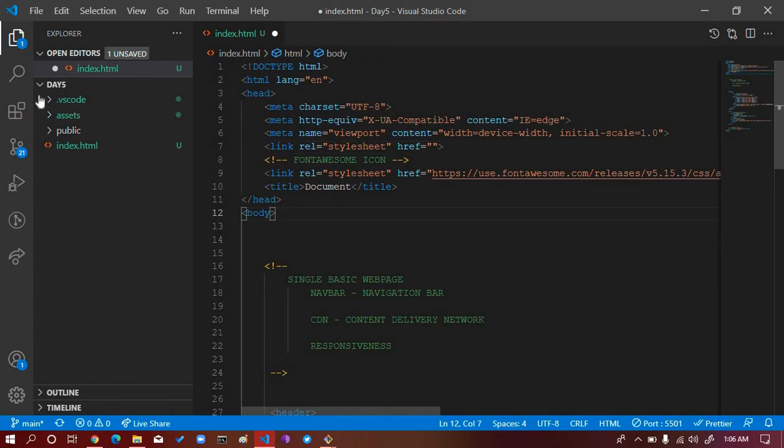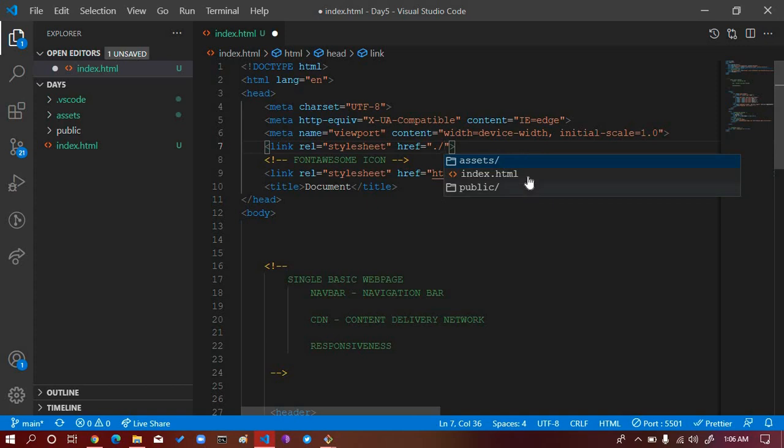Okay. All right. So what we are going to do now is point out where the CSS file is. We can click on dot backslash, then you can see we already have this suggestion. If you don't have these on your system, I think it comes automatically. Just make sure that you have the updated version, but I think it always comes along with every VS Code. So click on the assets, click on the CSS,